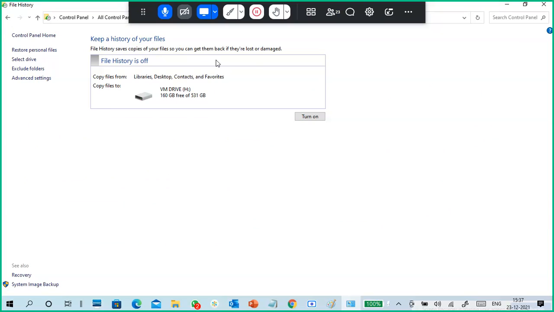It saves a copy of your files so that you can get them back if they are lost or damaged. File History will save your data onto an external hard disk, OneDrive, or a network drive. So what data will it store? Your profile data, libraries, desktop, contacts, favorites. It will store them in your remote location.